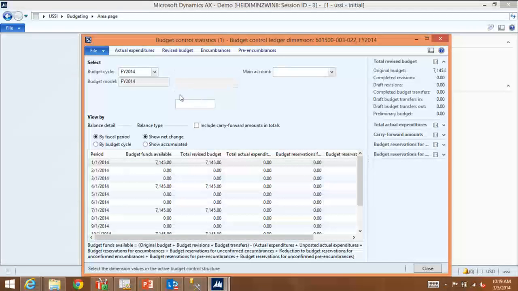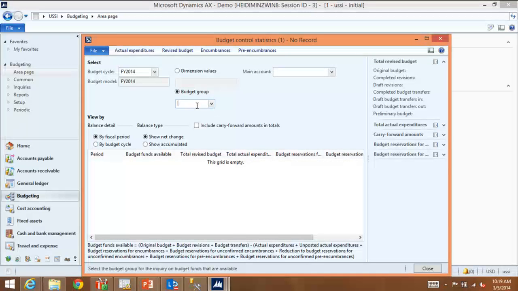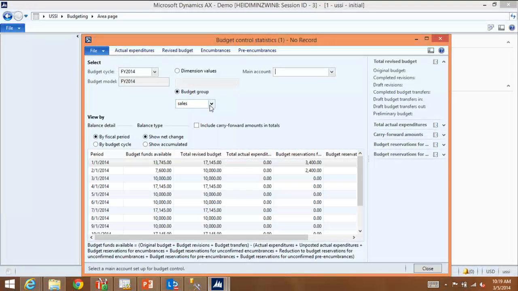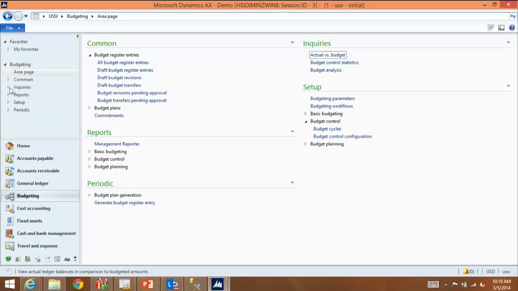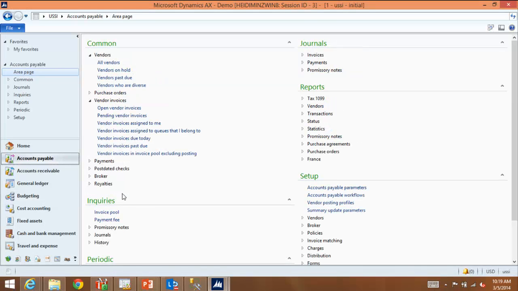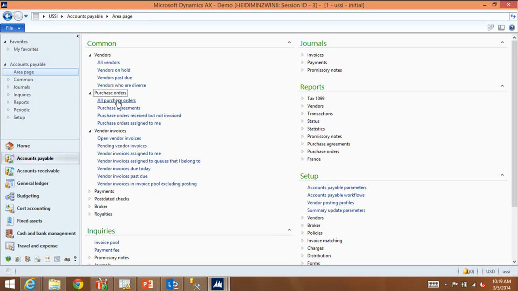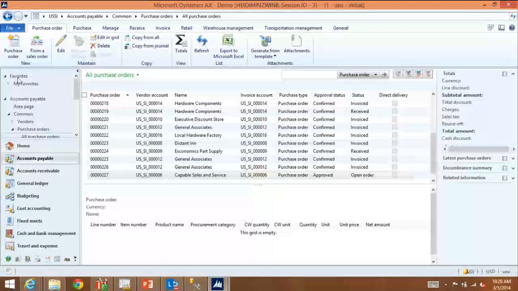I also have the ability to do a second level budget check at a department level, in this case, is what I've specified. So I could also look at the aggregate budget across that department dimension also. But I'm going to enter a PO, and this is related to travel. We're going to enter a PO to reserve a block of hotel rooms for an upcoming event, and then we'll take a look at how that budget check occurs. We'll be able to see the additional dimension being added as well or being requested.